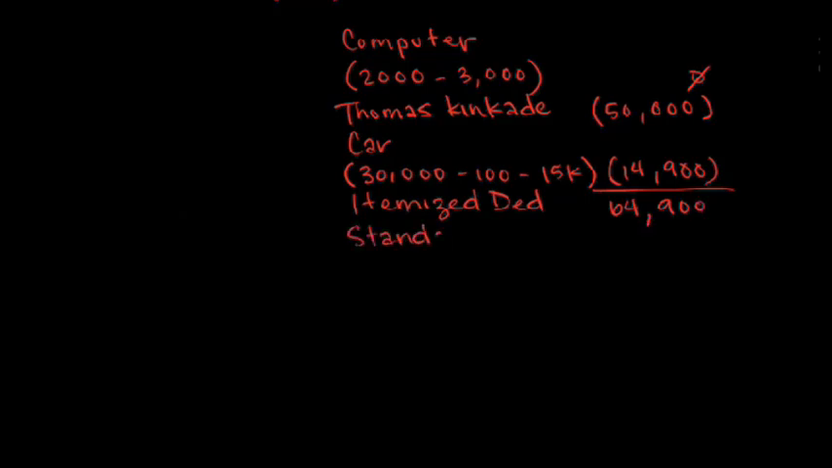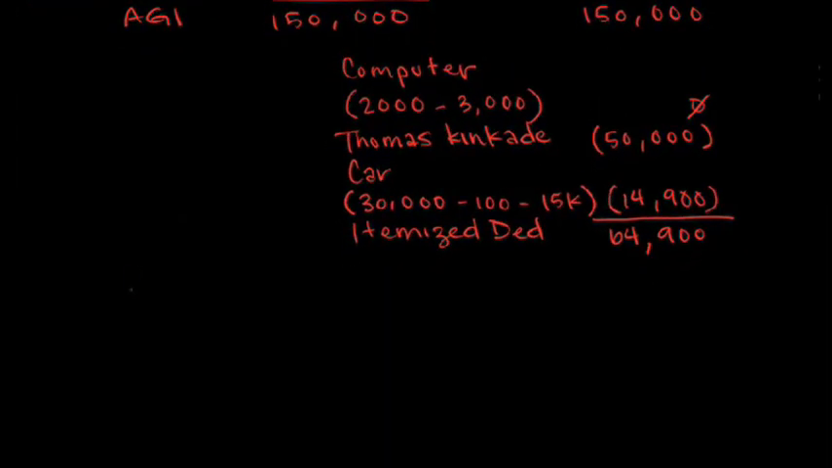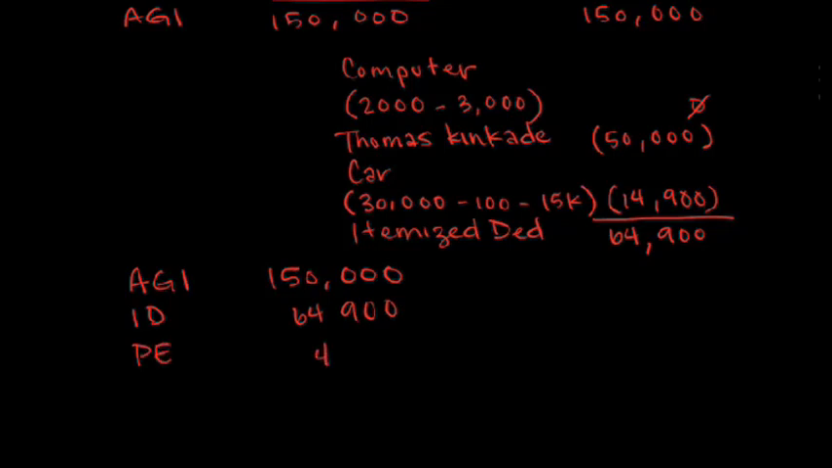We now look at the difference between his itemized deduction of $64,900 and his standard deduction of $6,300. He gets to take the greater of the two, so he should take the itemized deduction of $64,900. So now we take AGI of $150,000 and we subtract his itemized deduction and his personal exemption. His personal exemption for this year is $4,050. If he had any dependents or a spouse, he would be able to add those as well. That leaves him with taxable income of